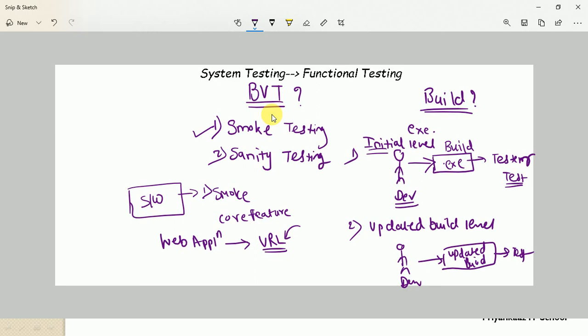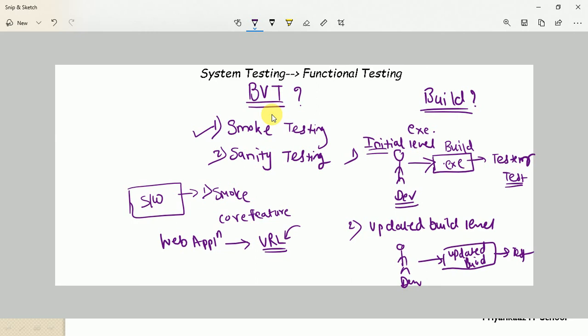So if you ask me about smoke test cases for a web application, then very first we need to validate what? The URL. Whether the URL of that website is working properly or not. Clear? If the URL is executable, then and only then can we go for the rest of the features of that application. That's the reason we need to focus on this part first. Clear? The URL address of that web application.